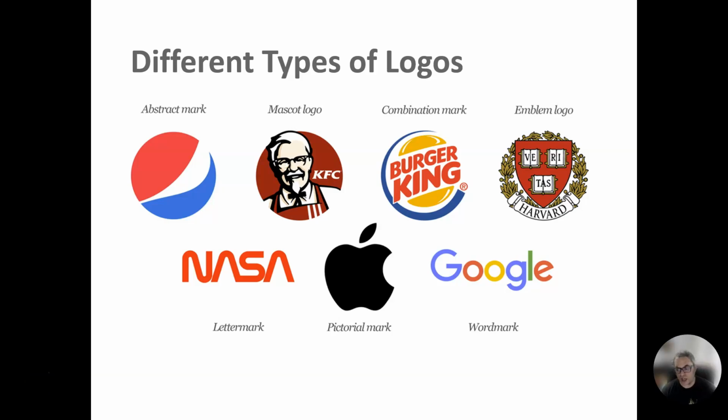Now, there's 7 different types of logos that companies tend to use a lot of times. First off is the abstract mark, and the abstract mark just uses different colors and different symbols to kind of tie and personalize that image all in one, much like the Pepsi logo. That's a big thing right there. Next, you also have the mascot logo. The mascot logo obviously uses some type of mascot or character or person to pitch their logo and identify that company. For example, the Colonel from KFC, and that's a big thing.